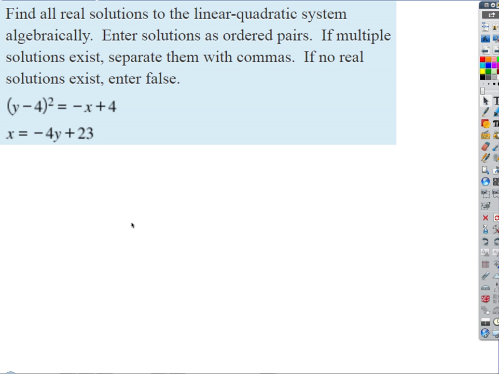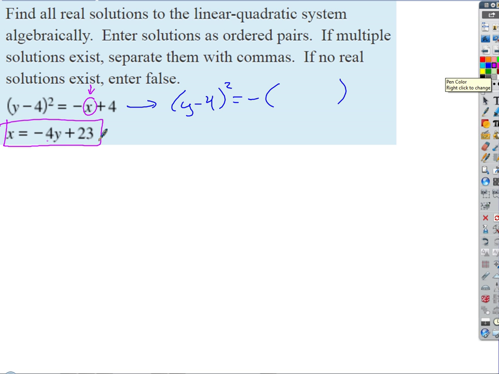Okay, another one, very similar. In this case, we've already got a substitution equation in our second equation. So I can substitute negative 4y plus 23 for my x in the top equation. And what's that give me? The top equation becomes the quantity y minus 4 squared equals negative the quantity negative x, and x, remember, is just going to end up being the quantity negative 4y plus 23 from our substitution equation